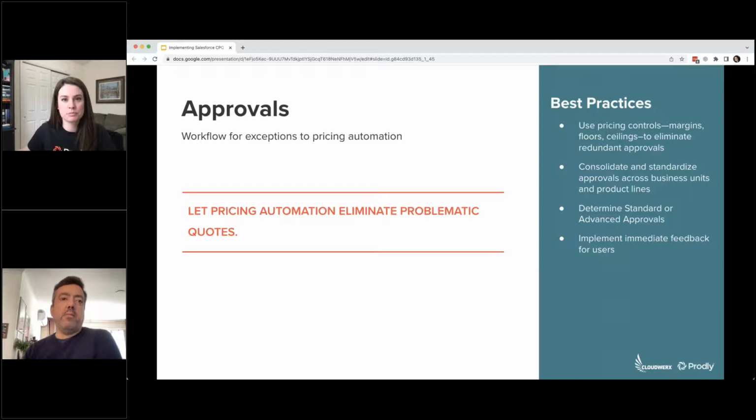Yep, approvals will definitely bring that governance element, right? Depending on organizations, there are some very simple approaches, which is pretty much based on the amount of discount that is being provided to the customer, or a much more elaborate approval process. So you have the options of either leveraging standard approvals, which is the standard Salesforce process from an approvals perspective, or